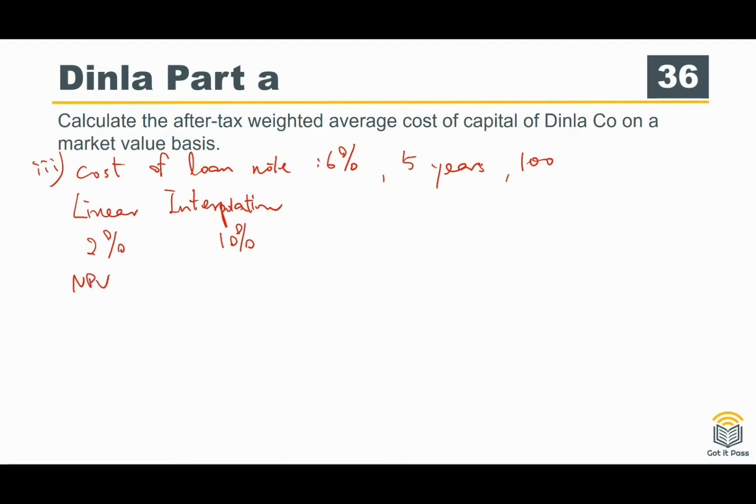NPV at 2%. We got the interest payment is $6. Okay, it is before tax. So remember, we all work it out before tax. The annuity factor for 2% with 5 years is 4.713 times $6, which is the interest payment. Okay, you got 28.278